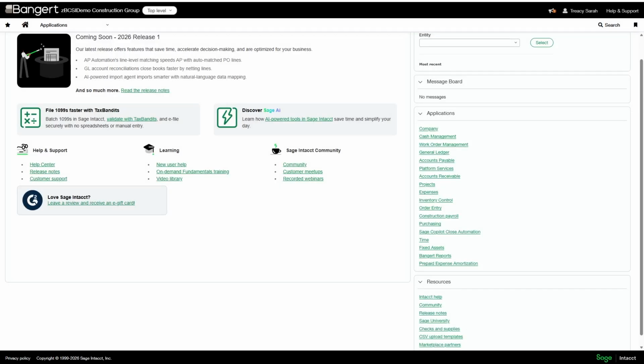The last thing we want to mention as part of R1 for 2026 is the release of Sage Intacct Data Cloud, which is going to provide secure governed access to your Sage Intacct data directly in Snowflake. And if you're not familiar with Snowflake, it is a cloud-based data platform. So for anyone that's already using that, this is going to be a huge enhancement. It's just something that we wanted to mention, and we will have more content on that to follow.